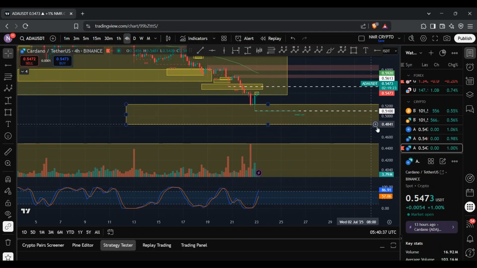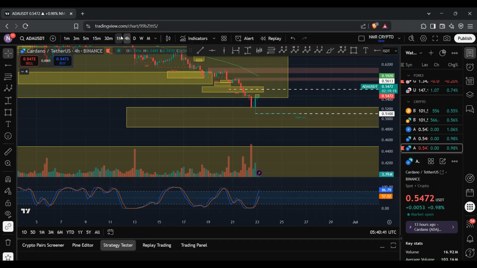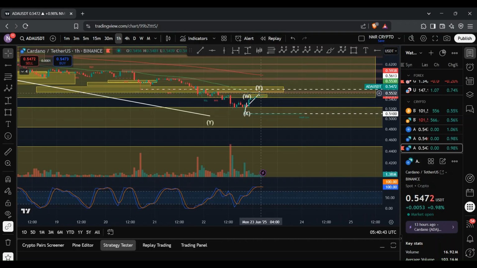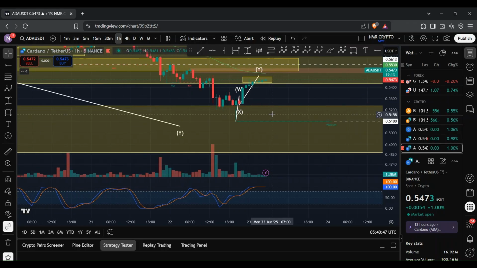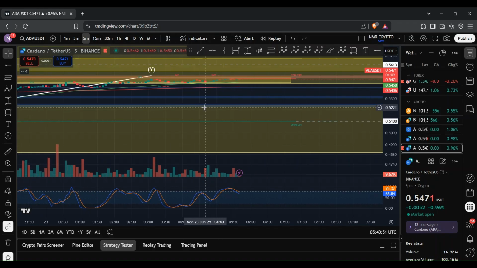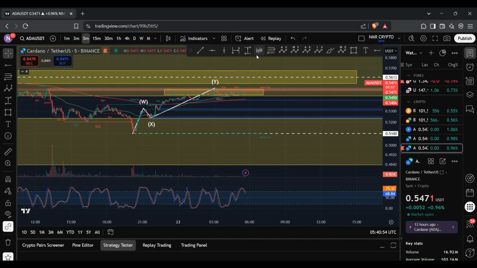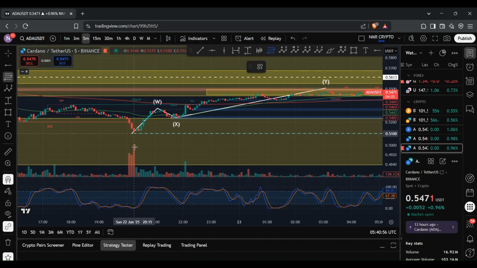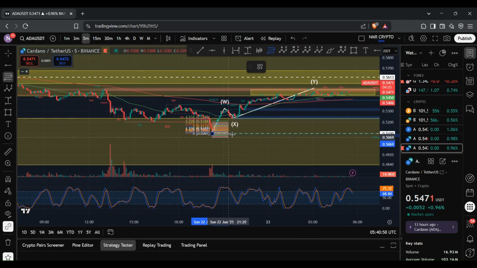And so as things stand at the moment, I'm still looking for a deeper move to the downside, where we could potentially be within a bigger WXY structure, and then we see a bigger move to the downside. And so, in fact, if I mark up the next key target and go back to the 5-minute chart, the next key target will be the 50 to 88.2% retracement of this wave structure.